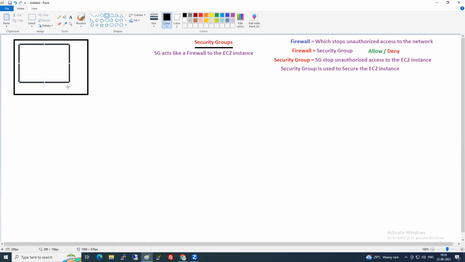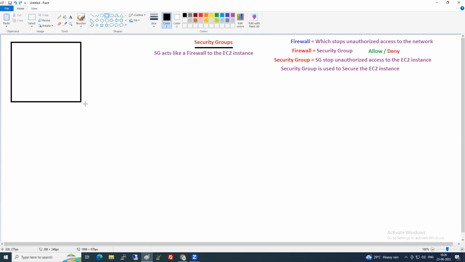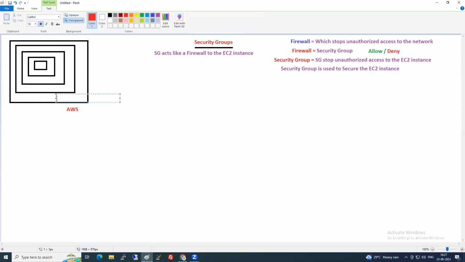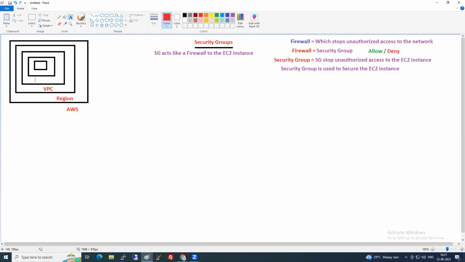So let me write. The outer layer is AWS. Inside we have what now? Region. Inside the region, what we have? VPC. And then inside this we have